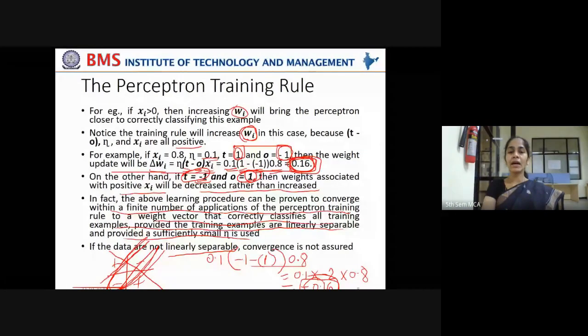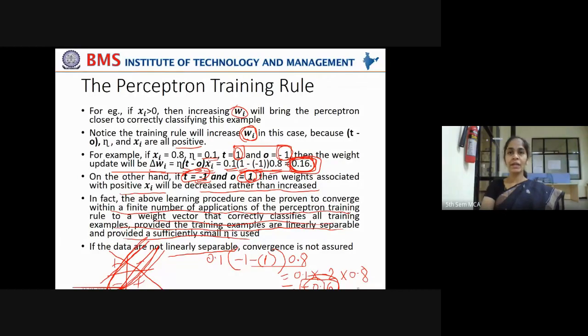So if the data are not linearly separable, convergence is not guaranteed. Weight adjustment will not converge. It keeps on adjusting the weights because it will make some prediction error or other, because it can't find the optimal linear line in order to categorize the classes. If they are linearly separable, yes, it can draw a single line, and that line is your linear equation used by your perceptron in order to make the predictions.